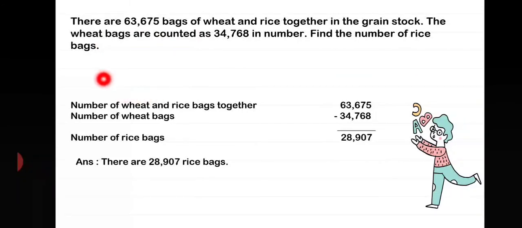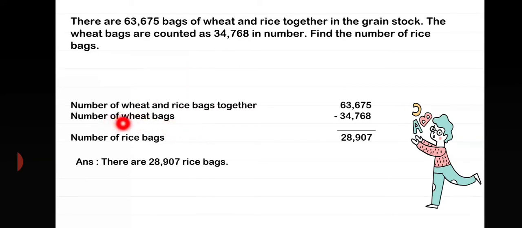So as you all know, try to read the questions carefully, children. The answer is always hidden in the question. So try to read the question 2-3 times. You get to know what kind of operation you are going to use. As you can see, the total amount is given. Out of that, one part is given. I have to find the other. So obviously I'm going to do subtraction. Whenever you get a question like how much is left, find the remaining or find the difference, kindly do subtraction. With the help of the question, I'm going to write the statement.